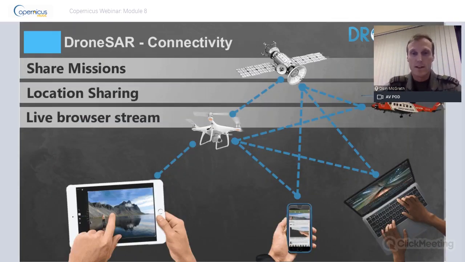So using kind of satellite technology, we brought in the Copernicus imagery, which I'll talk about in a second. But the idea here is that the DroneSAR system connects everybody, and it connects the pilot who's on the ground to the team member, to the browser logged in from wherever anybody wants to log in from. Whoever has the login details can watch the drone footage live, see what's going on, and appraise any images. And essentially what we're doing here is allowing anyone to have an input into a search pattern which is live. So we have more eyes on the footage basically to help find the missing people or wherever that might be.